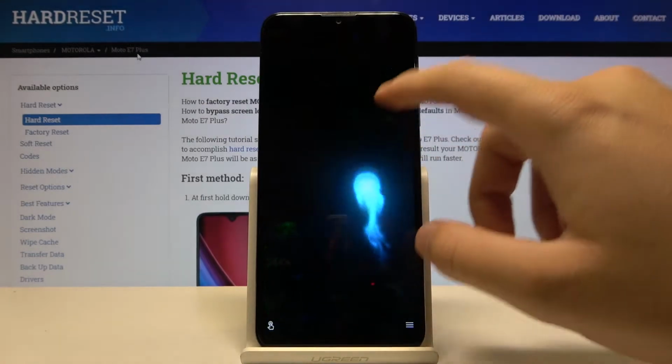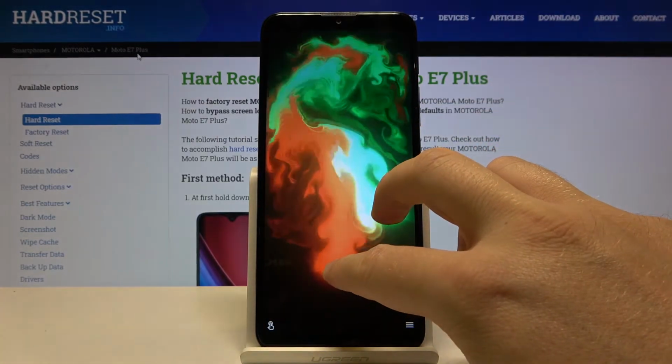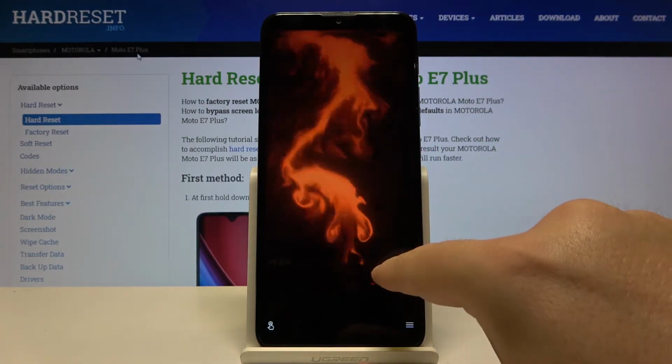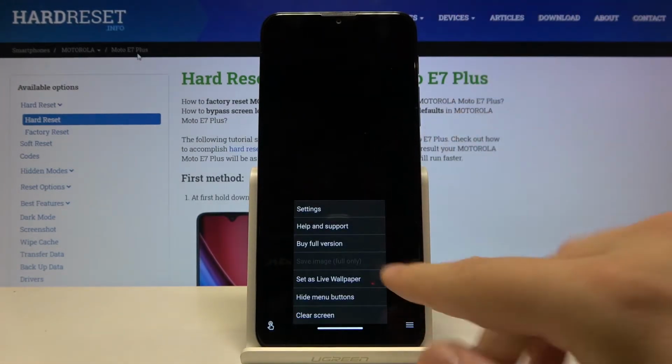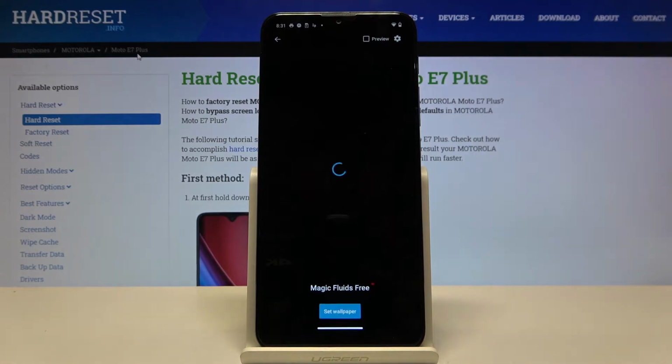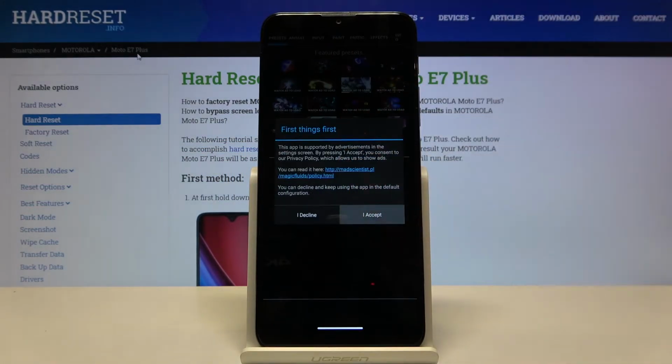So here is the preview of how this wallpaper will look on your screen. But of course, if you want to set it up like that, you have to click right here to set as a live wallpaper and click here one more time. But if you want to customize this wallpaper, because it is possible, you have to enter here, then click on